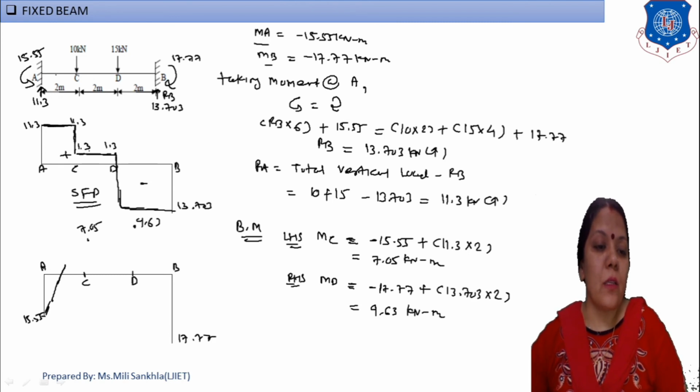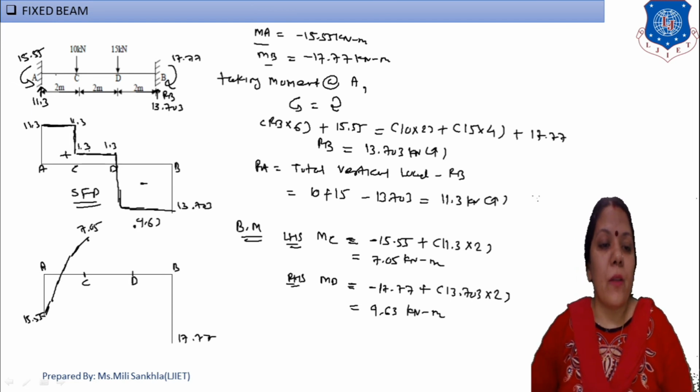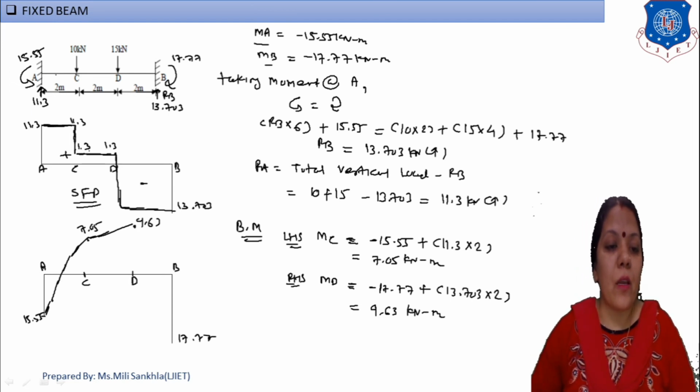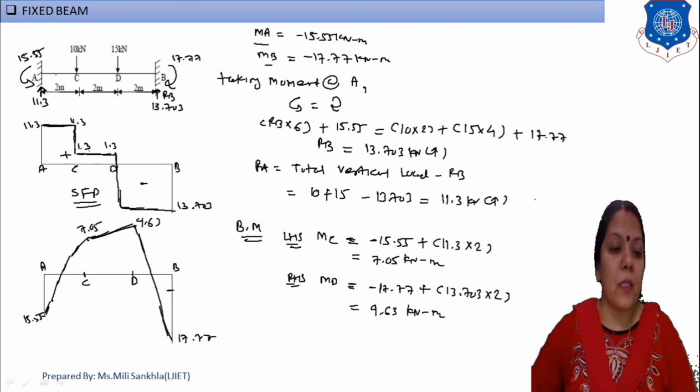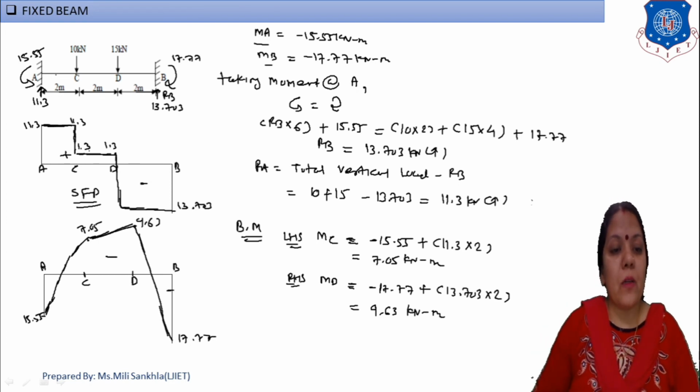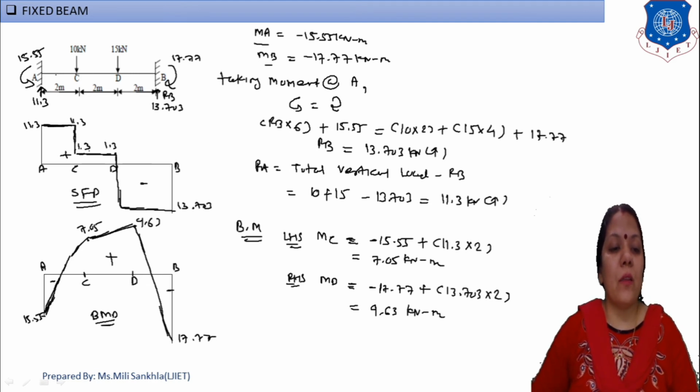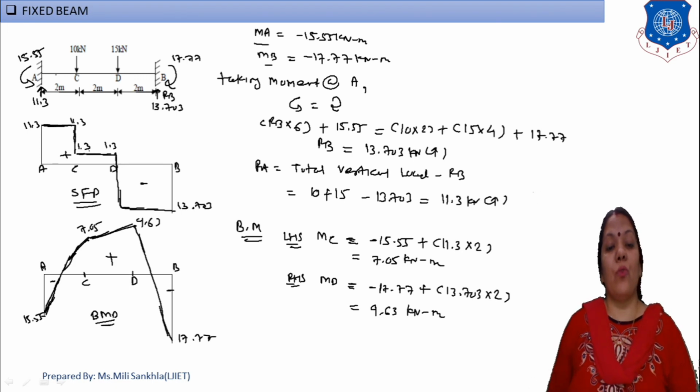The load is like this way, and from this it is inclined, just like this way, and again this load is our point load, so the diagram is made in the form of an incline. Now this is minus, this is plus, and this is again minus, and this diagram is my BMD. You have to use a scale for that. Just now my line is zigzag, you draw correctly. Here our example of a fixed beam subjected to point load is complete.